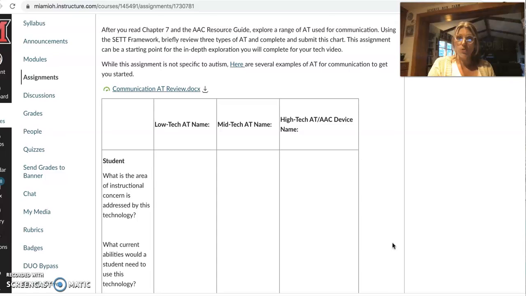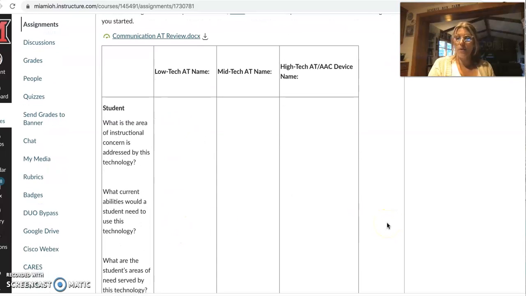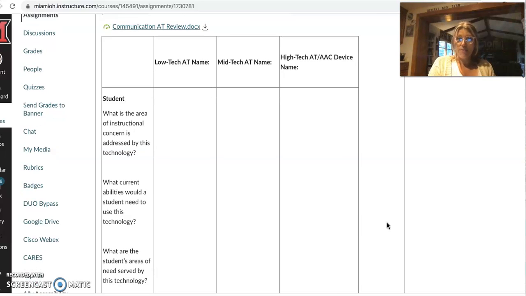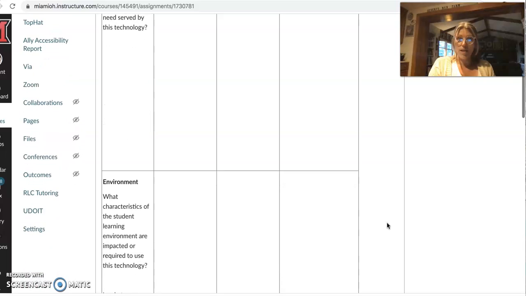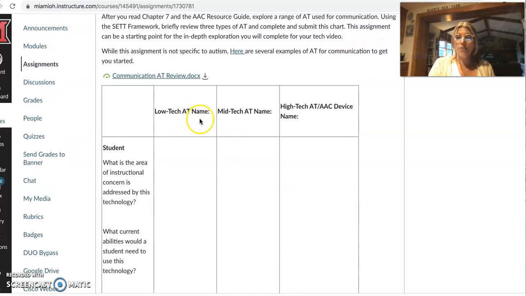But I'd like for you to sort of work backwards here on the way that this is set up, but start to think about 3 students that you have in mind. These can also be hypothetical students, and start to create and go through the SET framework. And I want for you to land on 3 different types of AT. And so for students with communication